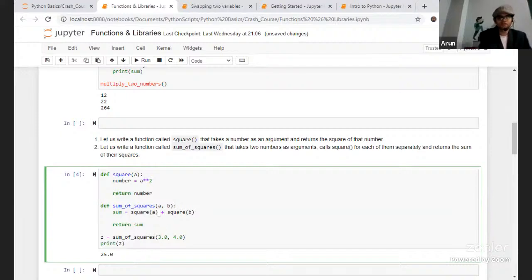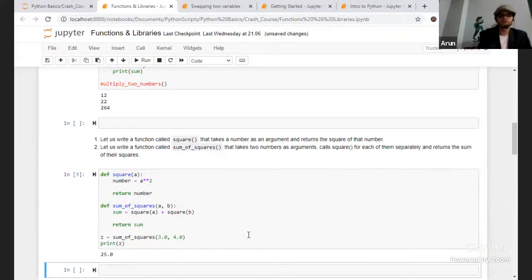Once you know this is a floating point number, will this work? The answer is square of a, using the intrinsic function which we built earlier, which will do a power of and return that. So 3 squared is 9, 4 squared is 16, and 9 plus 16 is 25, so return sum should give 25.